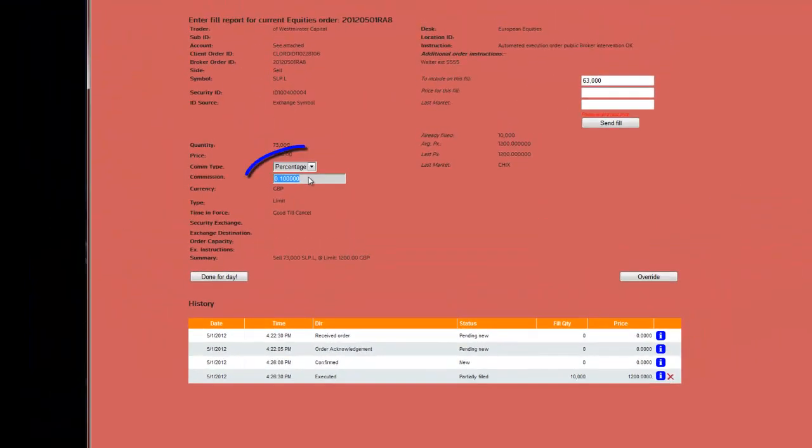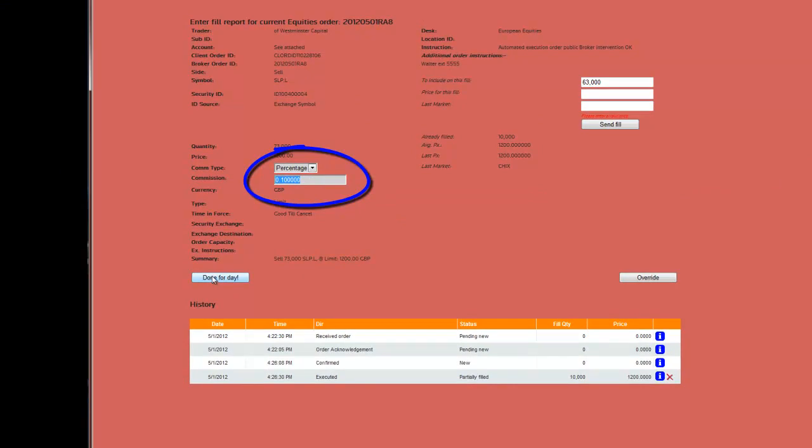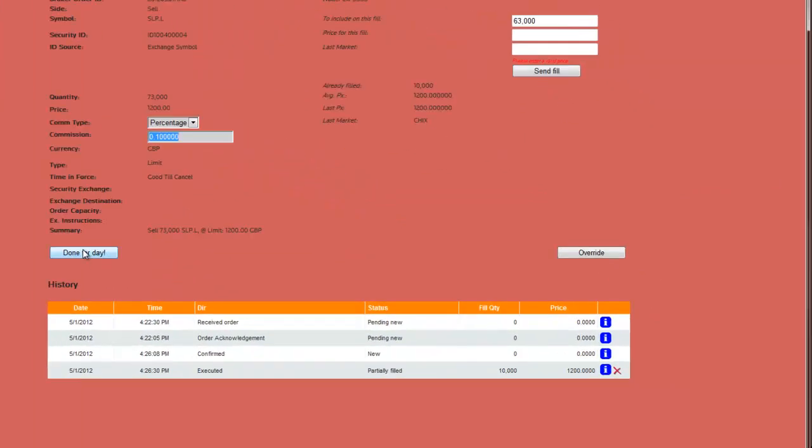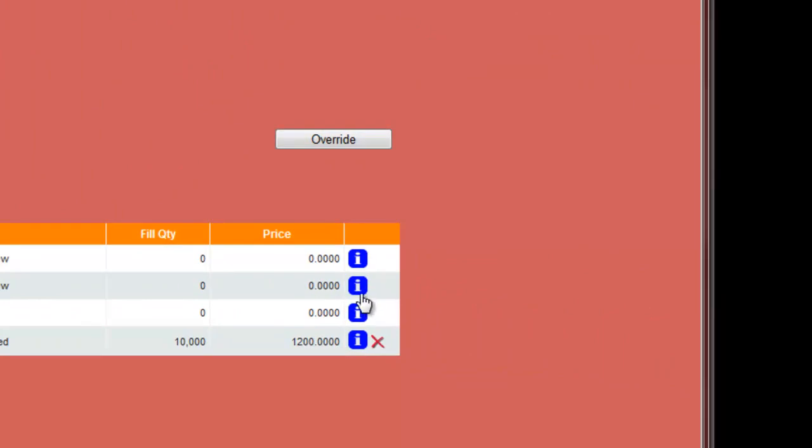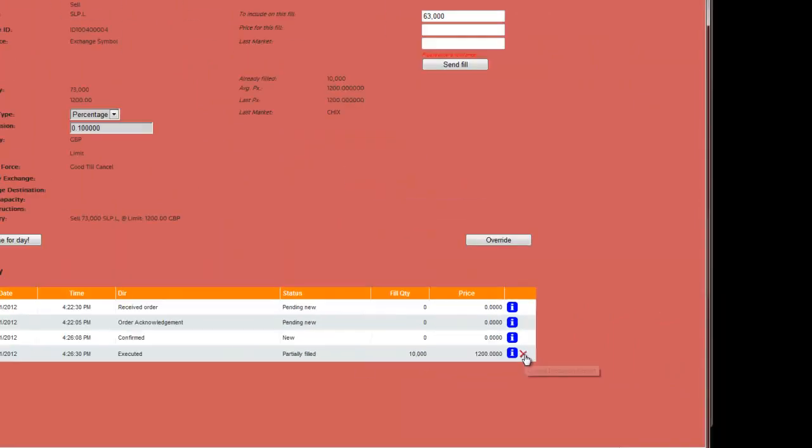User can override default commission in here, and then done for day and order. Commission is only ever carried out with a done for day message. He can also cancel and amend fills,